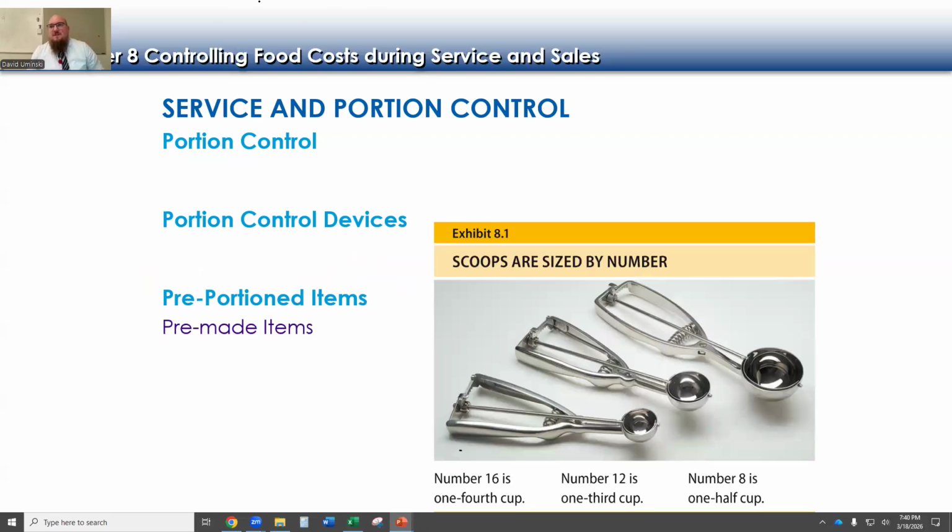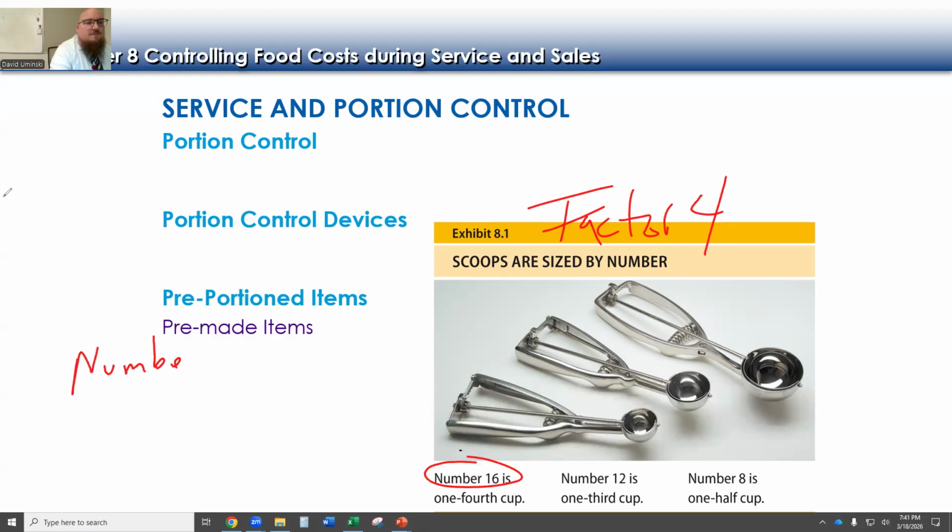All right, scoops. Let's talk about scoops for a minute because we did talk about those scoops. And there's one question on your final exam that has to do with scoop numbers. Our scoops, our factor is going to be 4. We want to remember the factor of 4. So scoops are always done by number. So if we're going to go from number to volume, the number of the scoop to how much it is in volume,